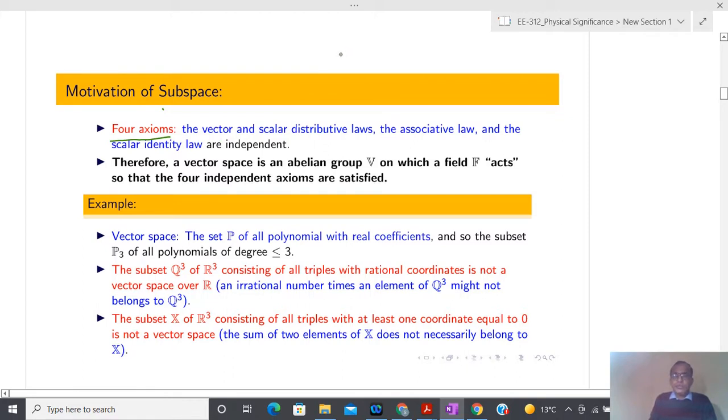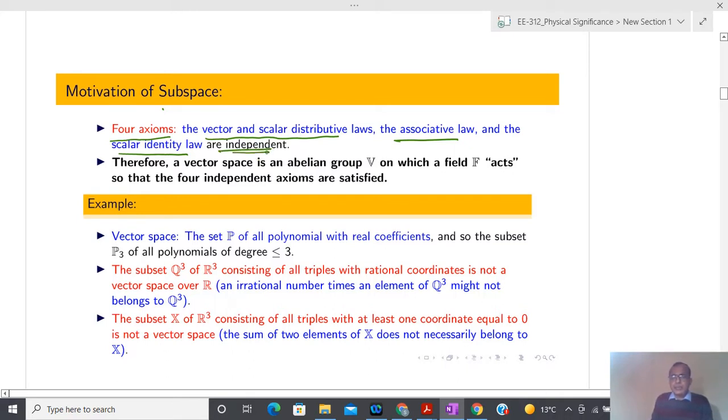I have already told you that they may be in column form, row form, or functions, in form of matrices. After that I have to select the scalar, and make sure that the vector and scalar distributive law is satisfied, the associative law is satisfied, and a scalar identity is satisfied. So I have categorized the whole 10 laws in sets of these 4, and after that I am telling that